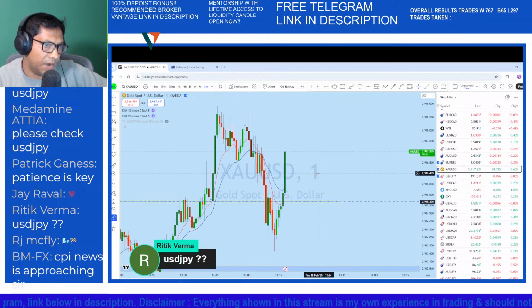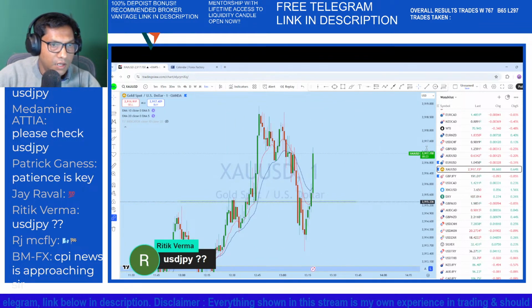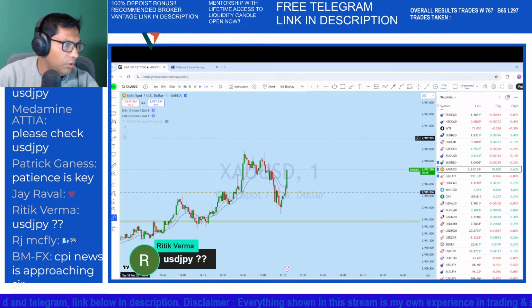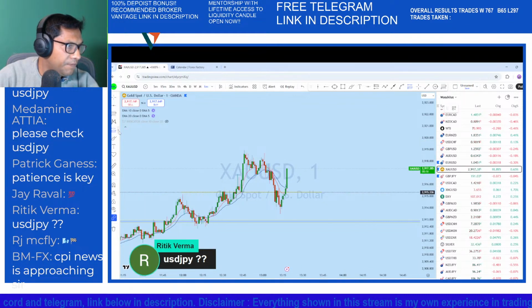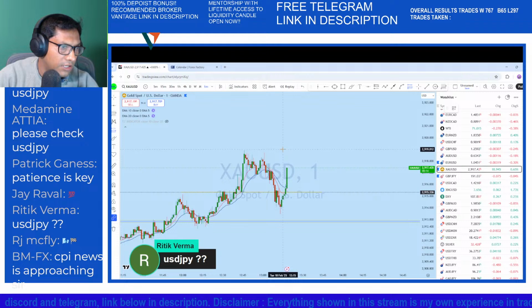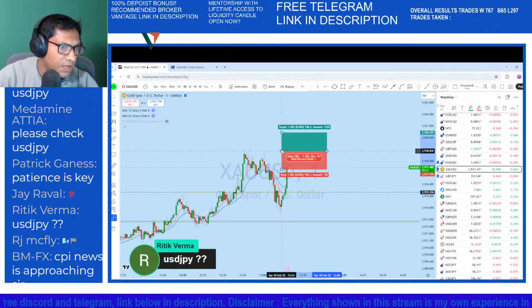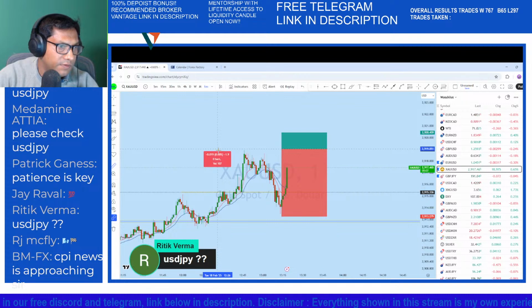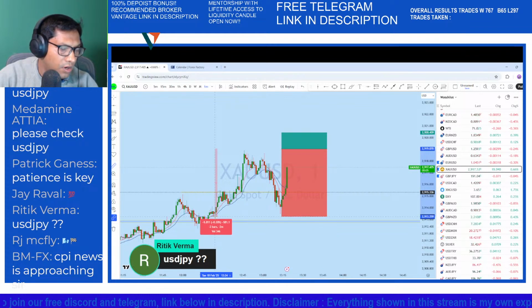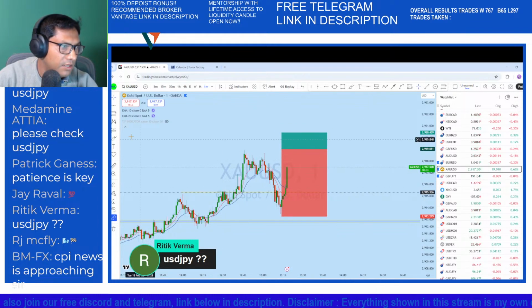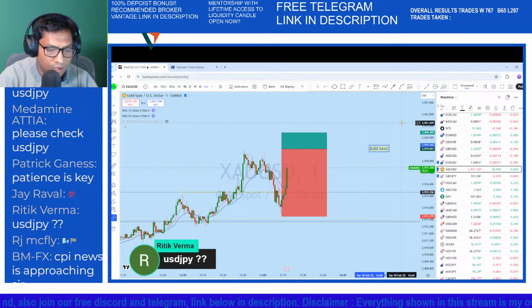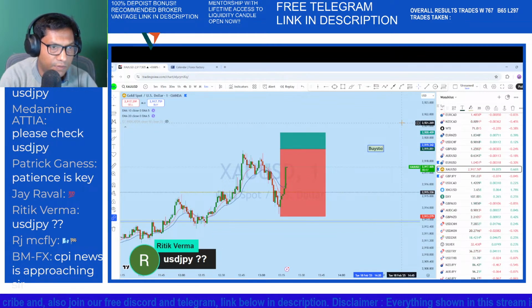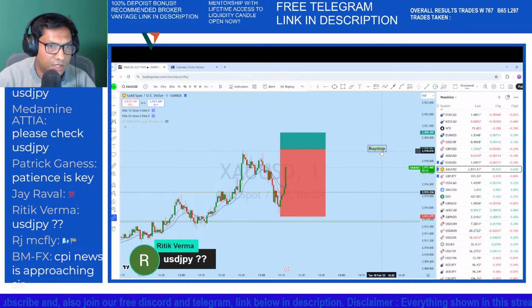Okay, we can see that bounce, and we will be placing that pending order again on XAUSD above this level, and stop loss below this low, as we have seen a swing low. So our adjusted pending order, that means the buy stop, will be here. So our adjusted buy stop at